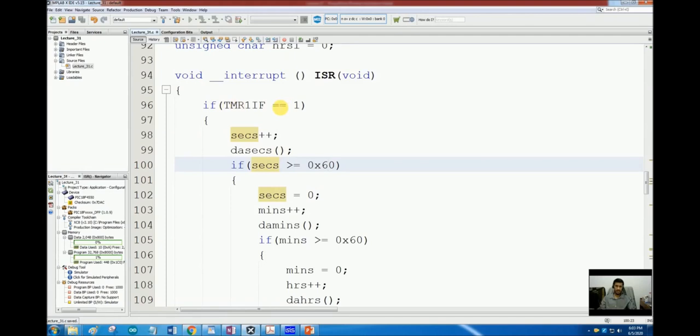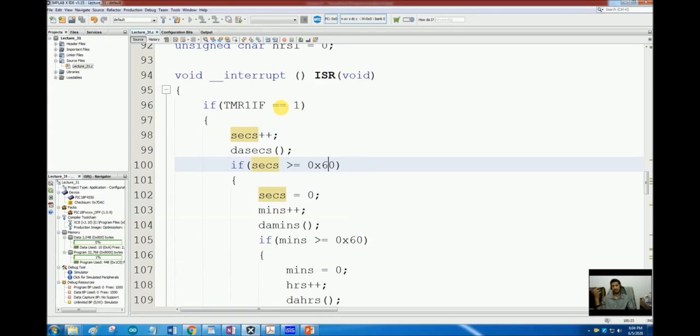Previously, as we had only one interrupt enabled, we didn't have to check inside the ISR because of which interrupt we came into this subroutine. There was only one source of interrupt, so whenever the program was inside the ISR, that was due to that one source. There was no other source, so we did not have to check why I am here, whether it was timer 1 or timer 2 or timer 3 or ADC or whatever.